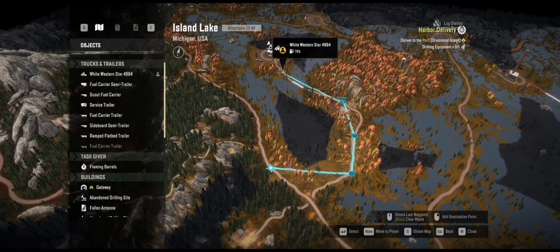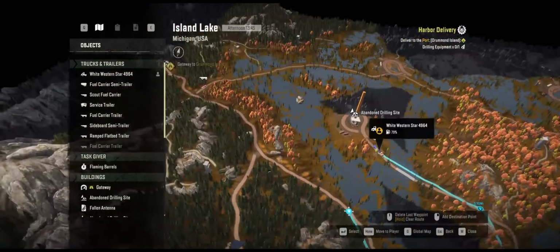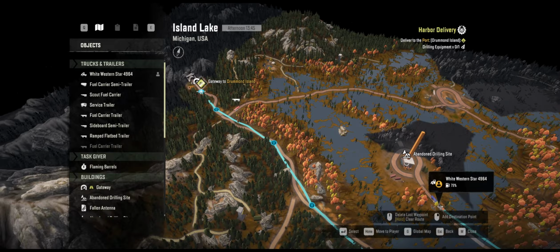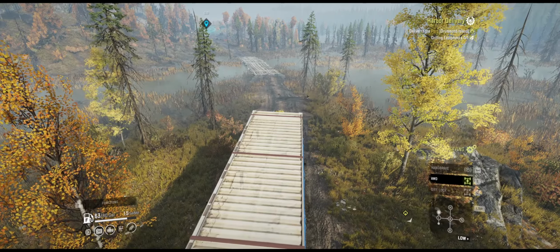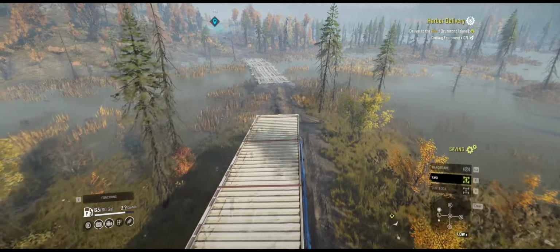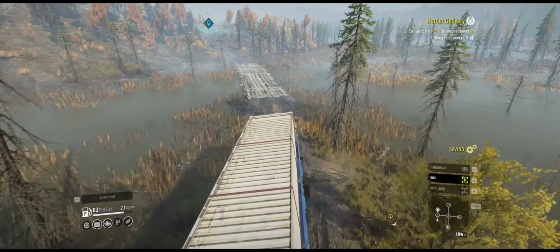Should we get fuel now? We're probably okay. We're going to pass fuel on the way. We got to take this all the way to the port in Drummond Island, so there's going to be probably some fast forwarding. I'd like to do more than just one mission, but